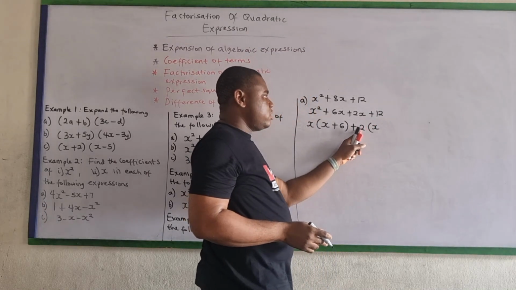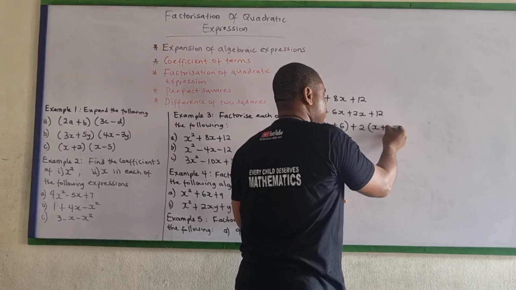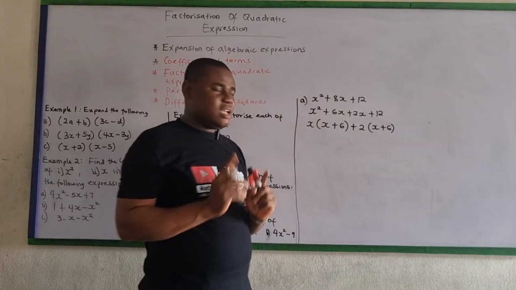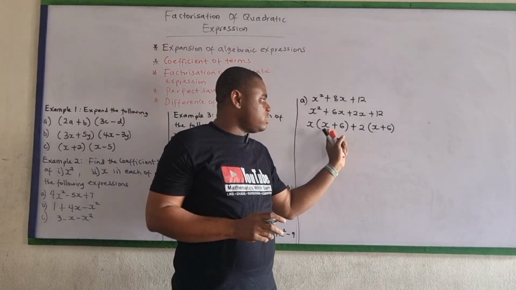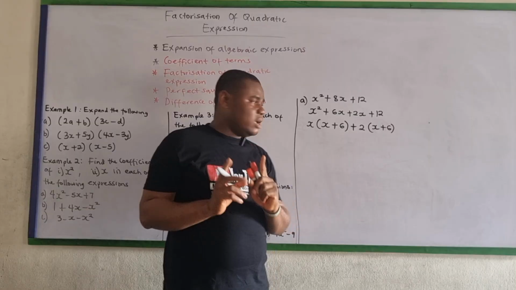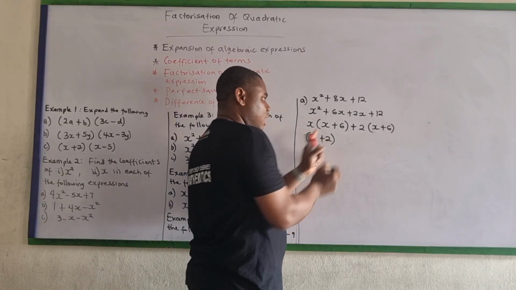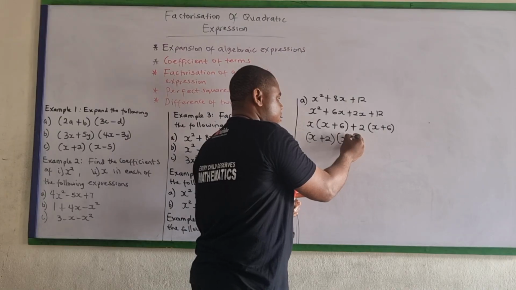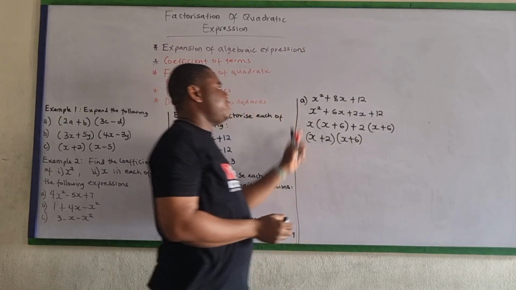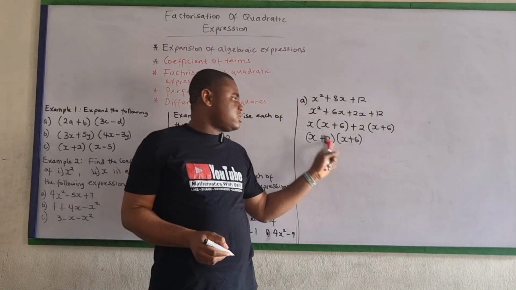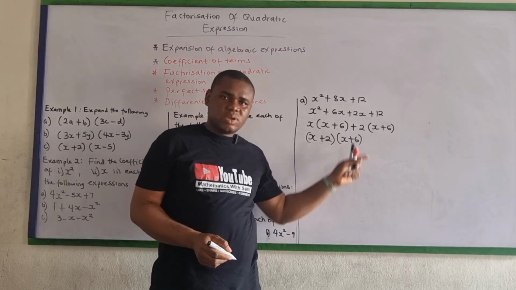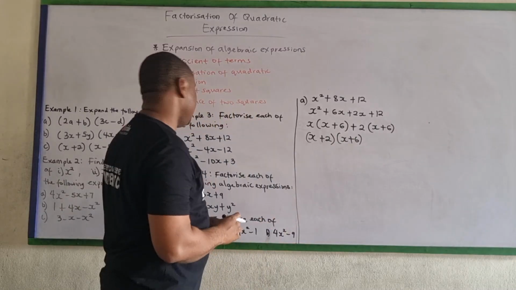12 divided by 2 gives me 6 plus 6. So now in this case, you have observed that what is in the bracket is similar. So I'll have x plus 2 and x plus 6. Factorizing this will give me x plus 6 in bracket, x plus 6. Alright, so the next one we have